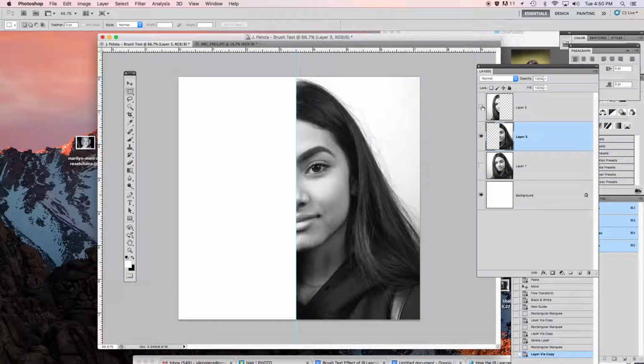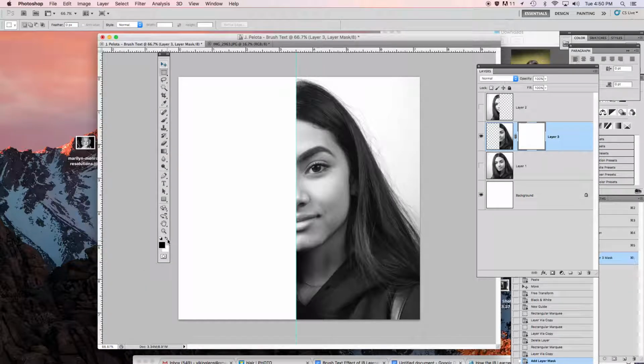I'm going to hide the left side. This is where I'm going to create my layer mask. Click there. This needs to be painted black. So I'm going to reverse this here, these little arrows. Okay. Make sure that's in the front, because whatever's in the front is your color that's used on the palette